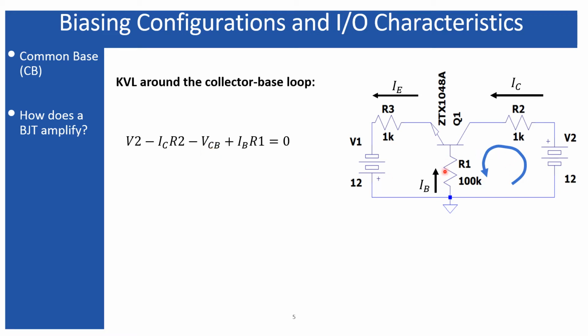But at this branch, as I have shown, the IB current enters into the resistance through this terminal and leaves through this terminal. So this one is positive, this one is negative. So when I am moving according to my convention, or the direction as I have shown over here, I am moving just opposite to the direction of IB. So I am moving from the lower potential to the higher potential. Therefore, I have considered the positive sign before this IB times R1, which is the voltage at this branch.